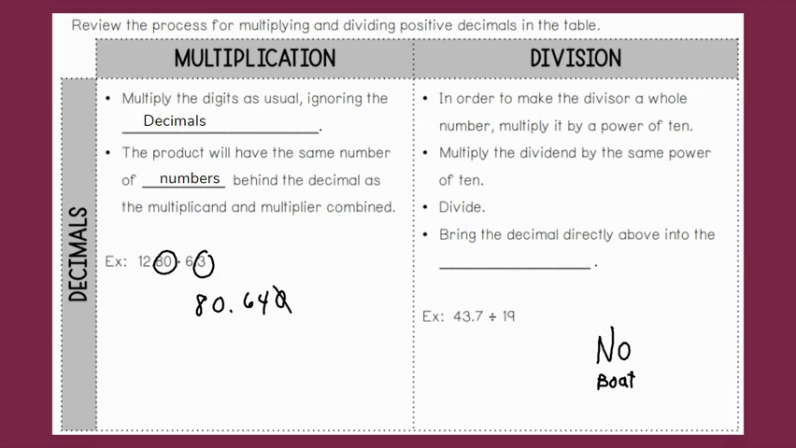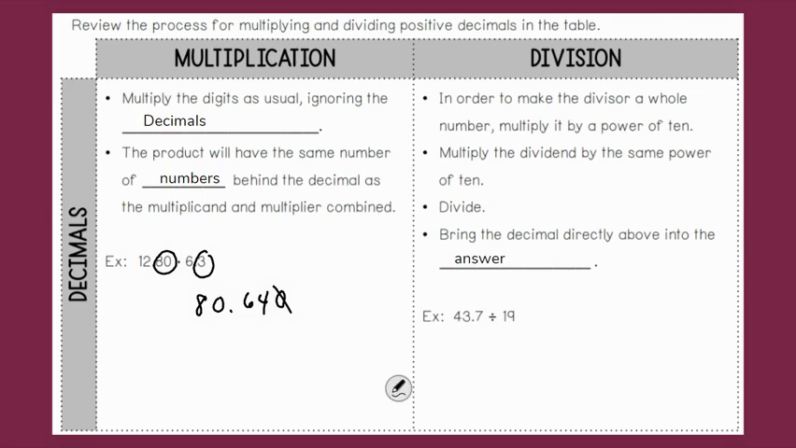Okay, on the other side, we do division. In order to make the divisor a whole number, multiply it by a power of 10 when you're doing it by hand. Multiply the dividend by the same power of 10, both sides, the outside number and the underneath number. Divide, and bring the decimal directly above into the answer. So 43.7 divided by 19,